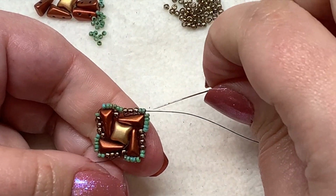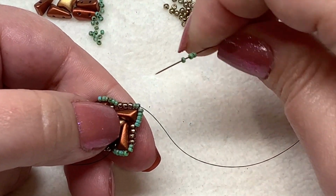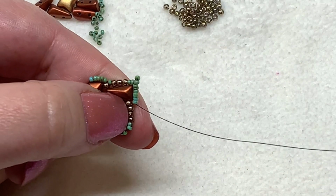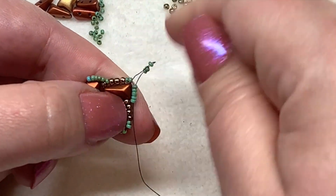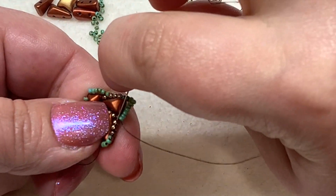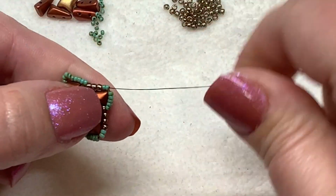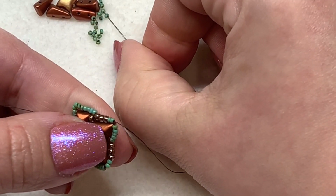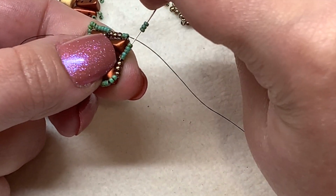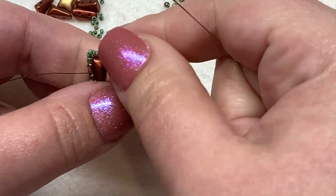And then when you get to that corner, you're going to pick up 3 15-0s, then go down the next 5. Just kind of sharpens those corners a little bit more. Skip that next 11-0 like you did before, go through the next 3, as well as the next 2 15-0s, turn, pick up 3 15-0s, and go through the next 5, as well as the next 3 11-0s and the next 2 15-0s,